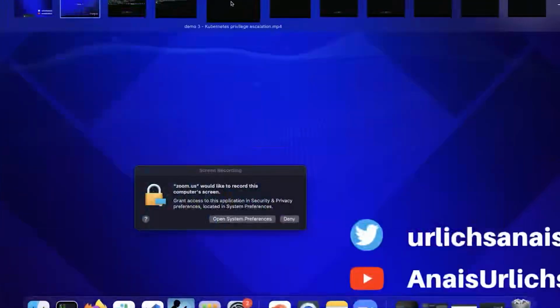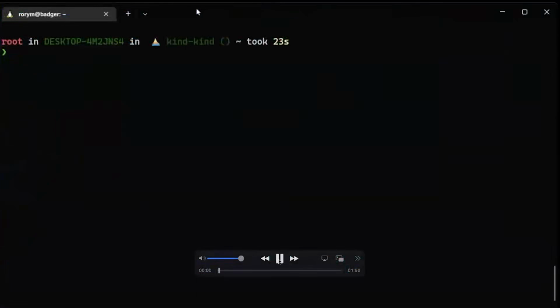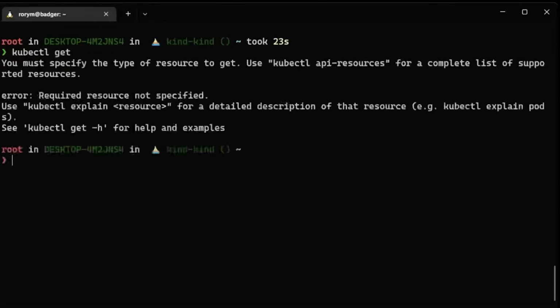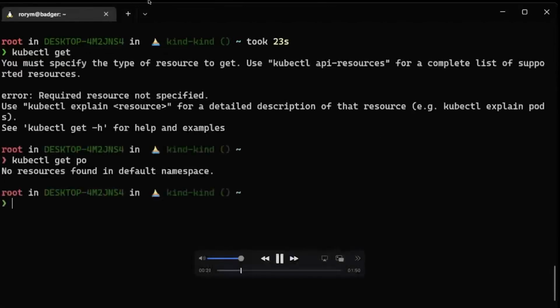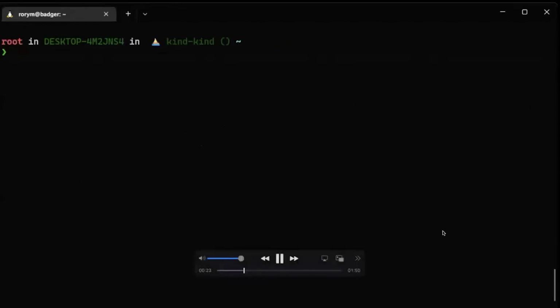Here's demo 3 for you. In the same way as with Docker, it's possible to get root by executing a container. We can also do that with Kubernetes, because Kubernetes is essentially just orchestrating Docker or similar containers. What we're going to do here is we've got a Kubernetes cluster, which currently doesn't have any pods running. We're going to create a container inside a pod that's going to give us access to the underlying node. And this is something that any user of Kubernetes could do, unless you've got additional security controls in place.